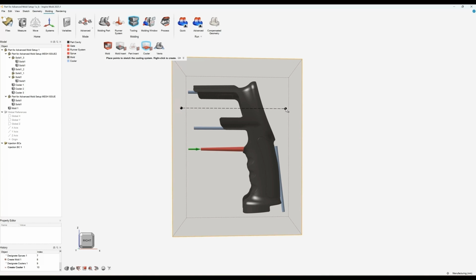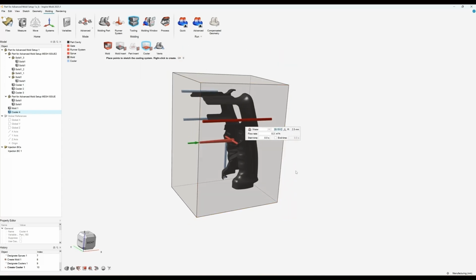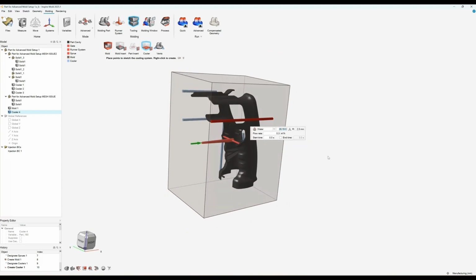Just to show you how simple it is, you can create just one and accept that, or you can carry on and create more cooling lines. If you accept that, you can then specify your material. Again, really easy to create new materials, your temperature, radius of your cooling line, flow rate, and their start and end times, if they are starting at a certain time within the analysis. So really easy to create cooling lines within the software. If I just accept that,